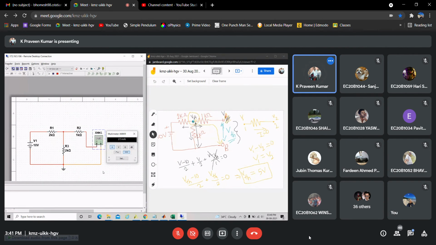So if you're using an online tool, then I think the multimeter will not be available. In that case we'll have probes, like current measuring probes. So what we know is, since there is an open circuit, there is no current here. So only voltage we can have, right? If you measure voltage at this point or at this point, both are the same.